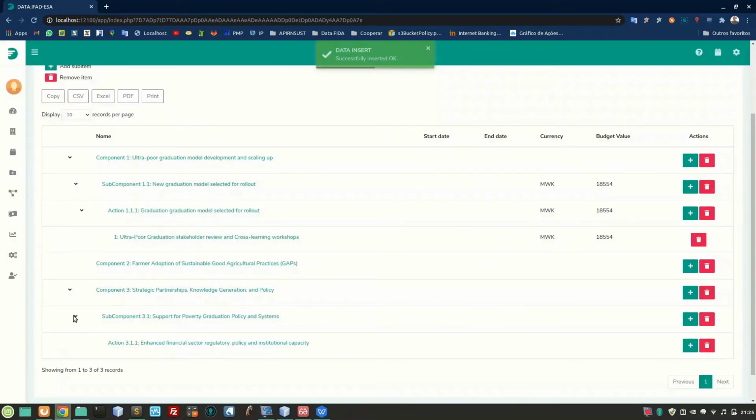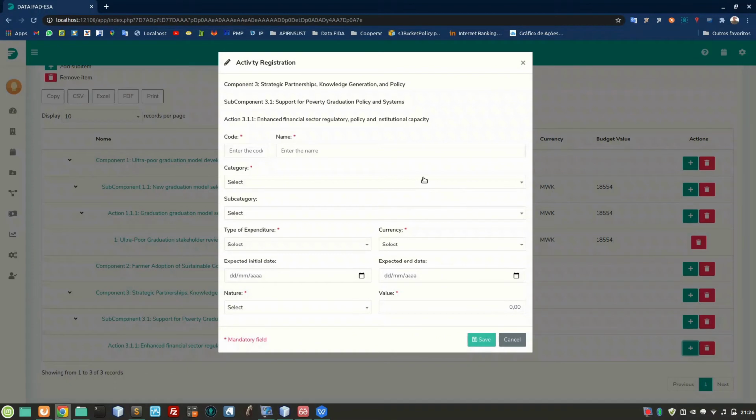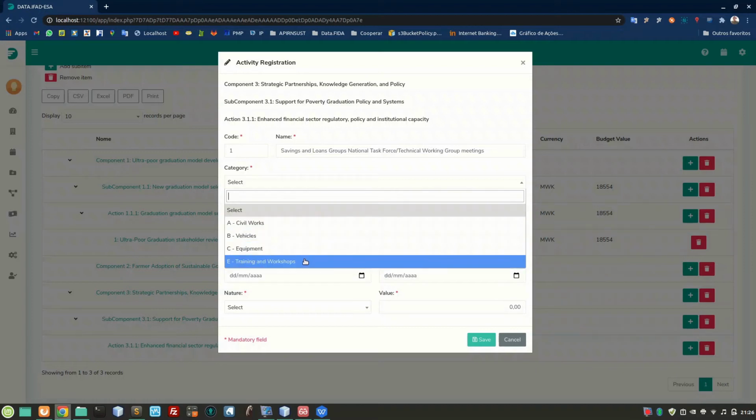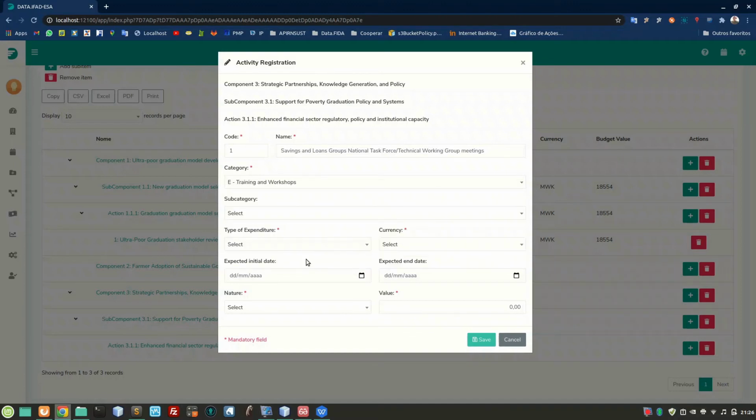And finally, we reach the last level of the WBS. And to register a new activity, we should click on the plus icon next to the action name. A new form will appear with a bit more information. Here we should register a code for that activity, its name, the budget category related to that activity, its subcategory, if it's available,